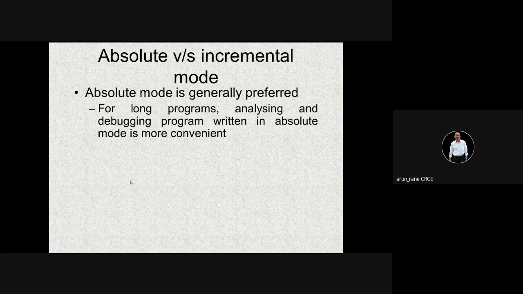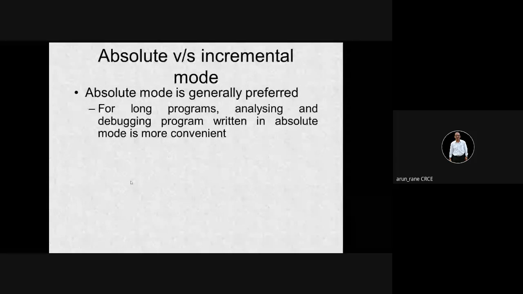Then another standard feature which is available is absolute and incremental mode. This is very simple. When you say absolute mode, this is very important. Absolute mode is given by G90 code. Whenever you say absolute mode, it refers to one fixed position. Like say you have an XY coordinate system, it refers to a fixed origin. We say 0, comma 0. All the dimensions are given with respect to that 0, comma 0.